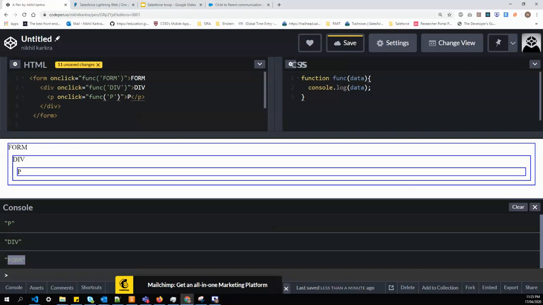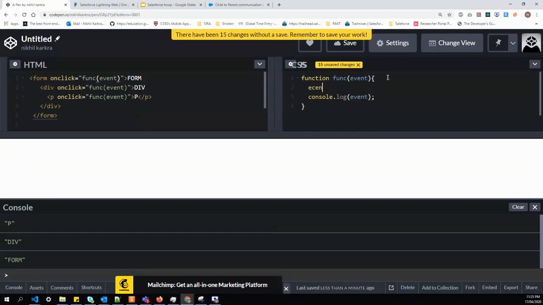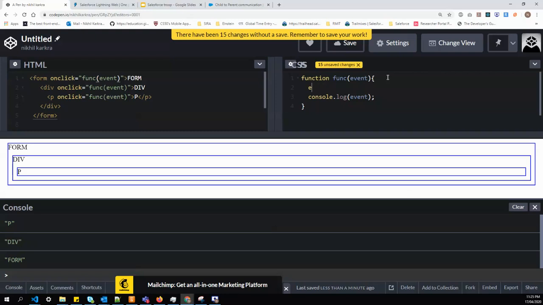Now let's see what is target phase. In target, if I click on p, it will remain at p. So let's change this to event, because each action that we trigger from HTML has an event object. And to stop the propagation of an event, there is a function called event.stopPropagation.